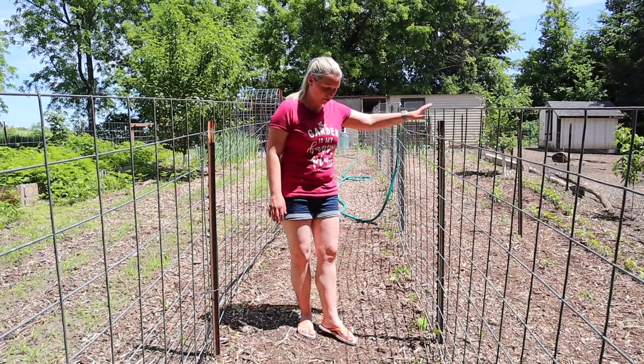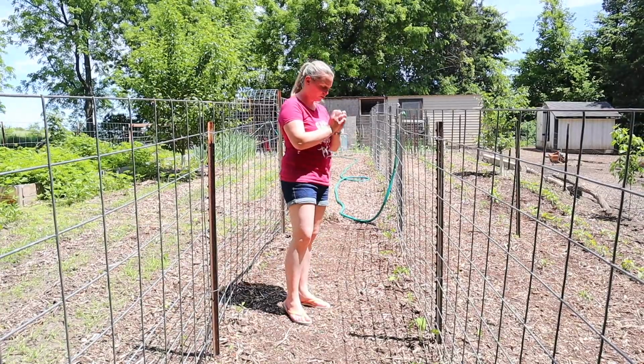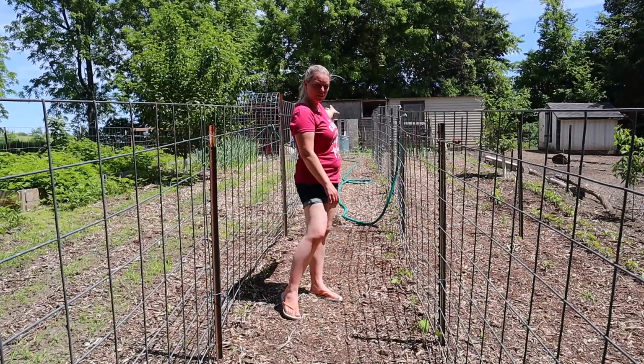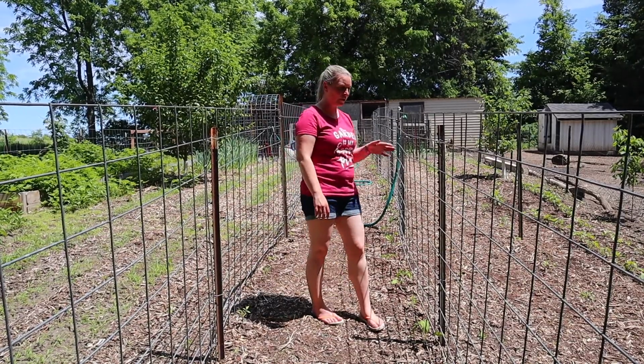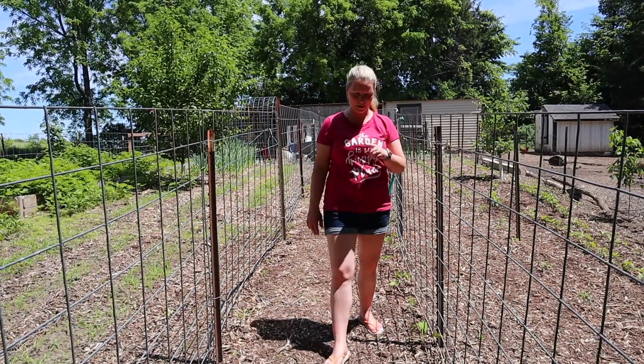Then on our second trellis, we planted just the perfect circle tomatoes. On the first half, we planted Wisconsin Chief, and then on the second half, we planted the Tri-L-Crop. And then with our Roma tomatoes,